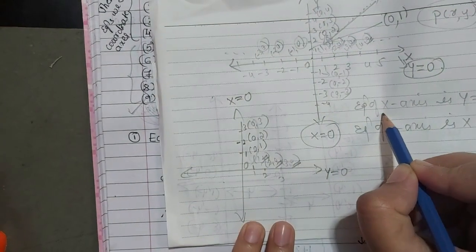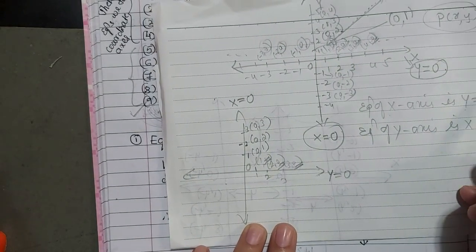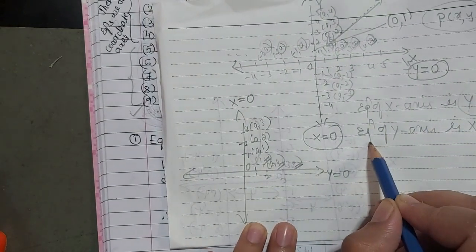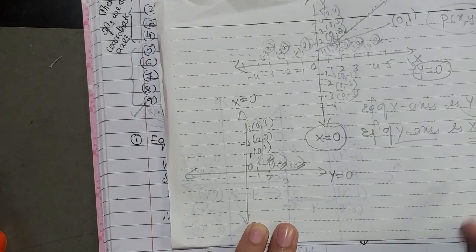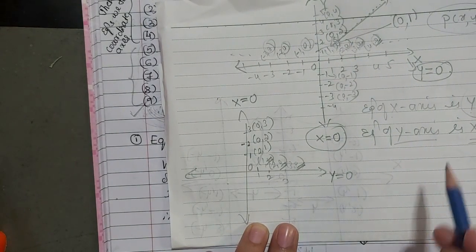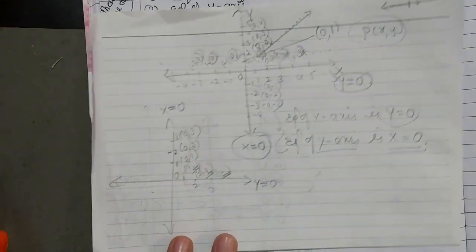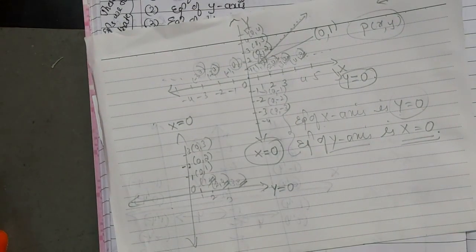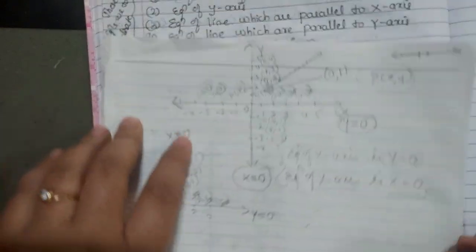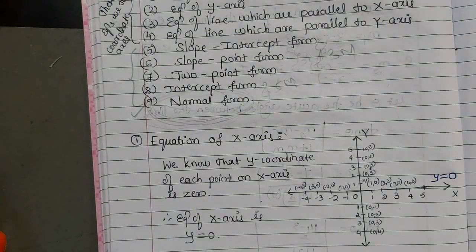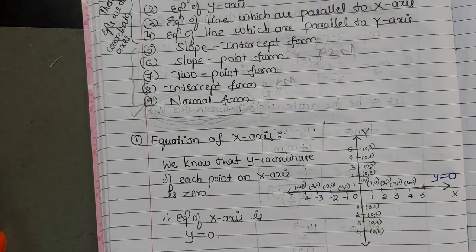ಸೊ x-axis ಅಂದಾಗ y equal to 0, y ಒಳಗೆ ತಗೋತೀರಿ. equation of y-axis ಅಂದಾಗ x ಒಳಗೆ ಬರೀತೀರಿ. ಓಕೆ, so these are the equations of the coordinate axes. Next is to find the equation of a line parallel to x-axis. So parallel to x-axis ಅಂದಾಗ, ಸೊ ಪ್ಯಾರಲಲ್ ಲೈನ್ಸ್ ತಗೋಬೇಕಂದಾಗ ಪ್ಯಾರಲಲ್ ಟು x-axis ಅಂದರೆ, x-axis ಅಲ್ಲಿ ಅಬೋ ಇರ್ಬೋದು ಪ್ಯಾರಲಲ್ಲು, ಇಲ್ಲ